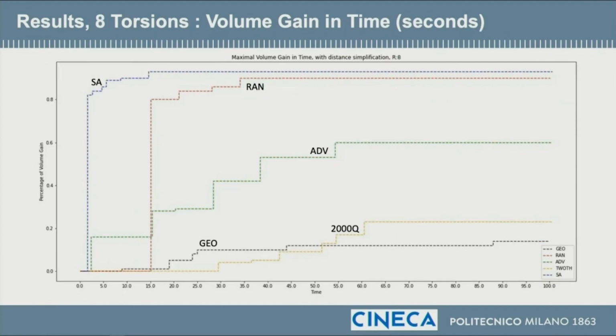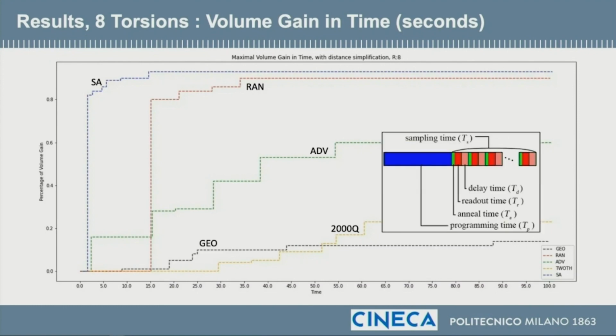In fact, if we look at the problem with 8 torsions, again, simulated annealing is absolutely stable, and Advantage and 2000Q need more computational time. But it is something that we expected because these are physical devices and they need programming time or sampling time, which is not present in the simulated annealers or the other classical techniques.